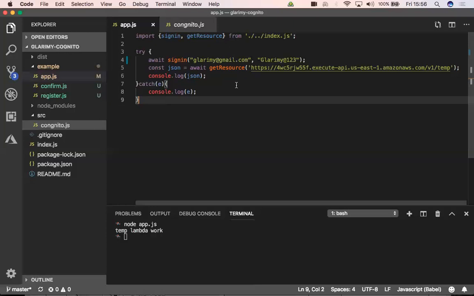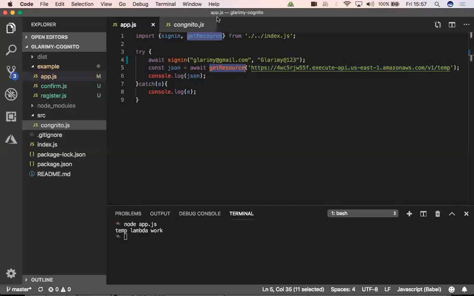So that's why what we are doing is we are creating a Cognito kind of our own Glarimy Cognito as a library, and saying, okay, from here onwards, instead of making fetch call, you make get resource and don't make any other changes. You need to first sign in, and after that, instead of fetch, you need to say get resource. It would work. Wherever they are making fetch call, they need to replace it with this line. That way you are going to enhance the ERP application to go with the security layer as well. Okay, got it.